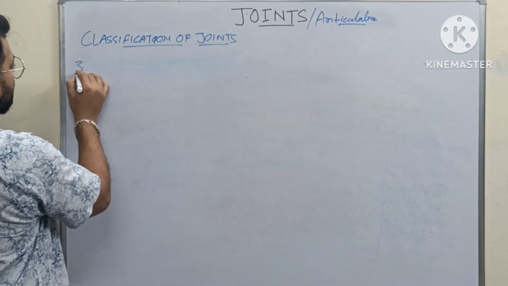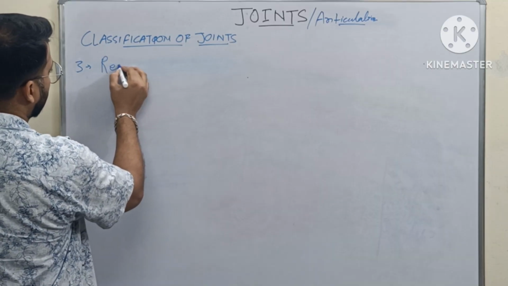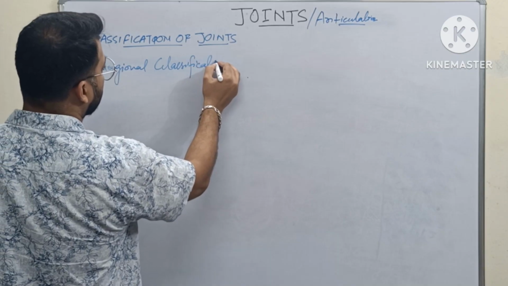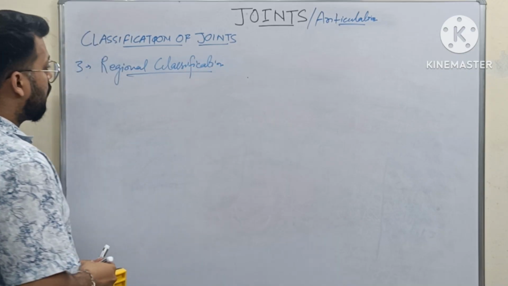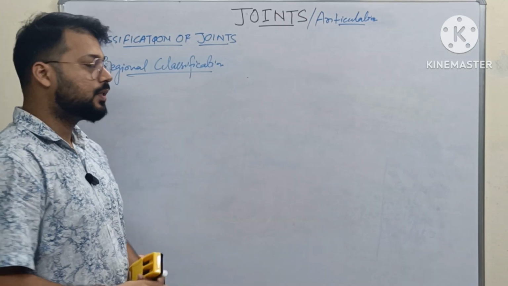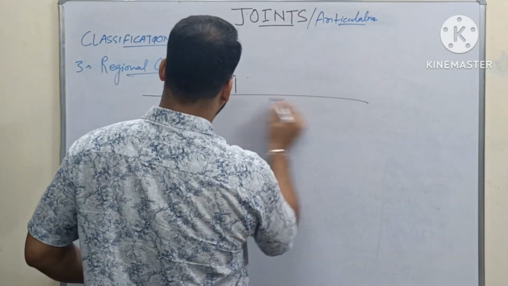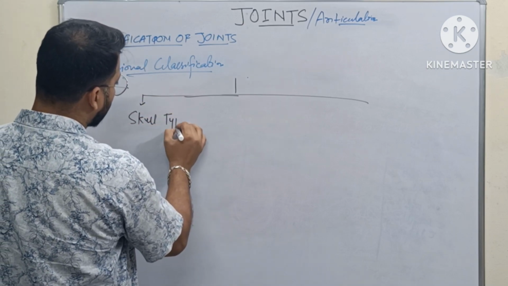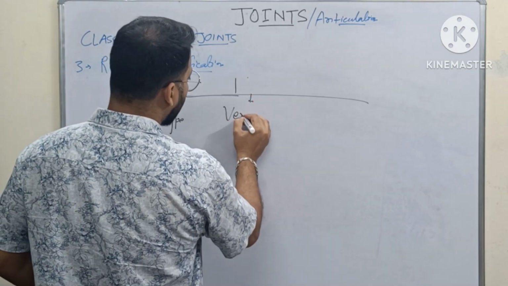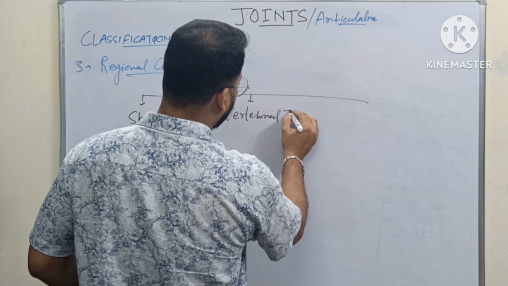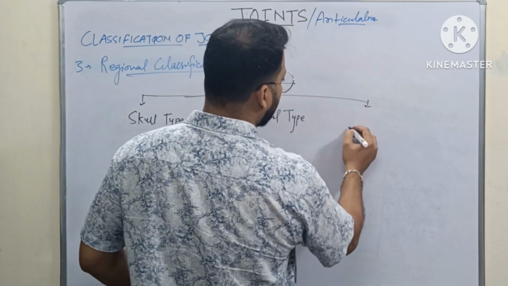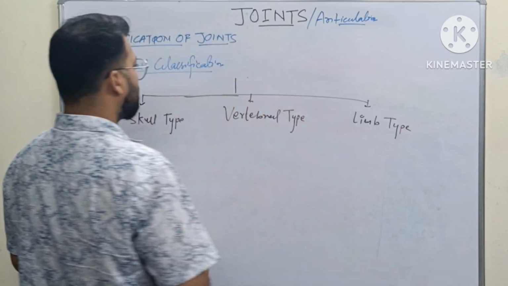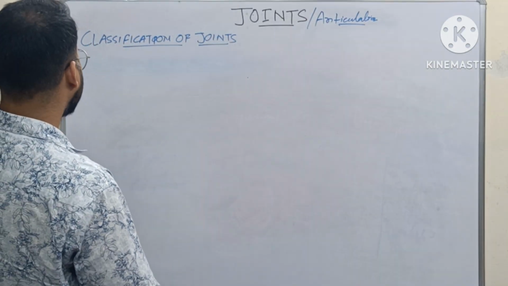The third classification is regional classification. On this basis, again, joints are divided into three categories. First is skull type. Second is vertebral type, and third is limb type. This is the regional classification, and the fourth classification is